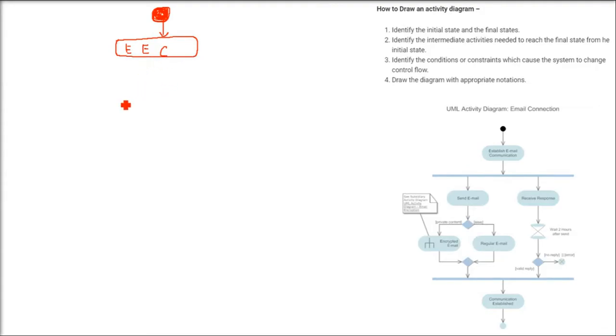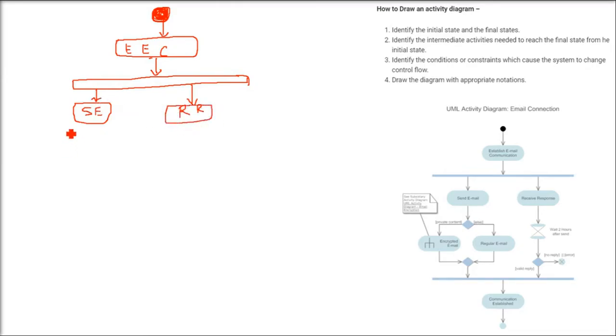Now there are certain activities which may run concurrently. For that we have this arrow showing the control flow, and then you will use a fork here. This fork will give rise to two activities. You can send email, this is send email. And the other one can be receive the response, you can get the response. One time it is send, the other is receive response. And these two are executed concurrently, simultaneously.